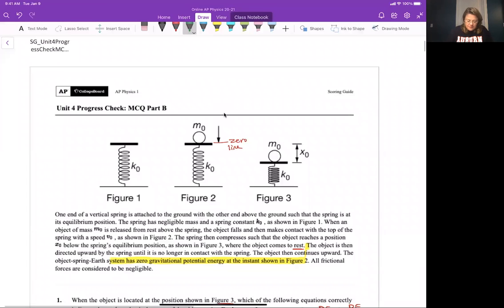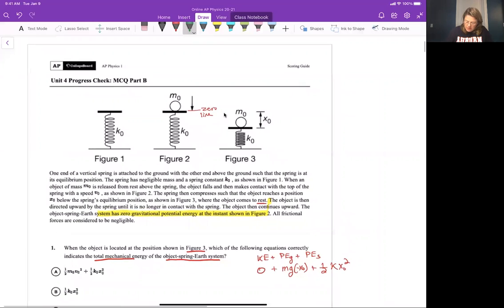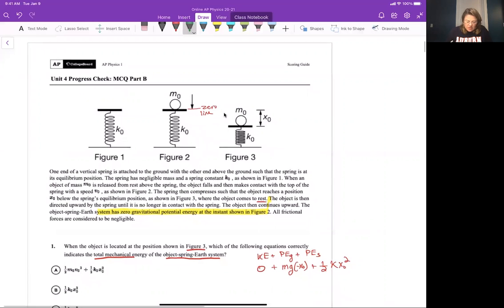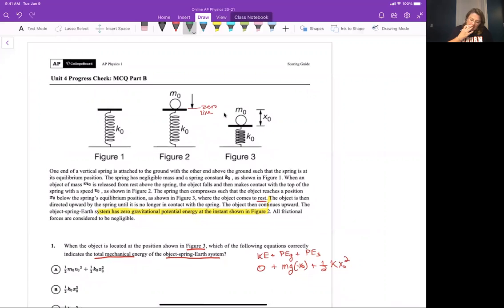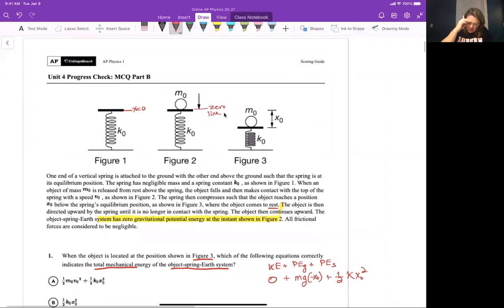All right. Progress check part B, or MCQ part B, unit 4. We have a situation where we have a spring. This is its natural length, x equals 0. We have an object that lands on it, and then it compresses the spring. They told us in the problem that this was the 0 line. That was considered the potential energy was 0 at that location, and they want to know